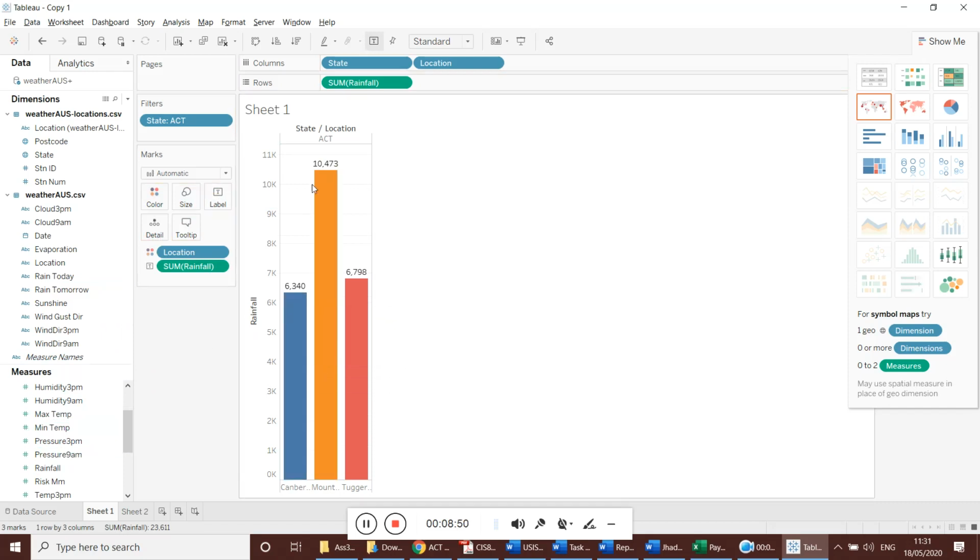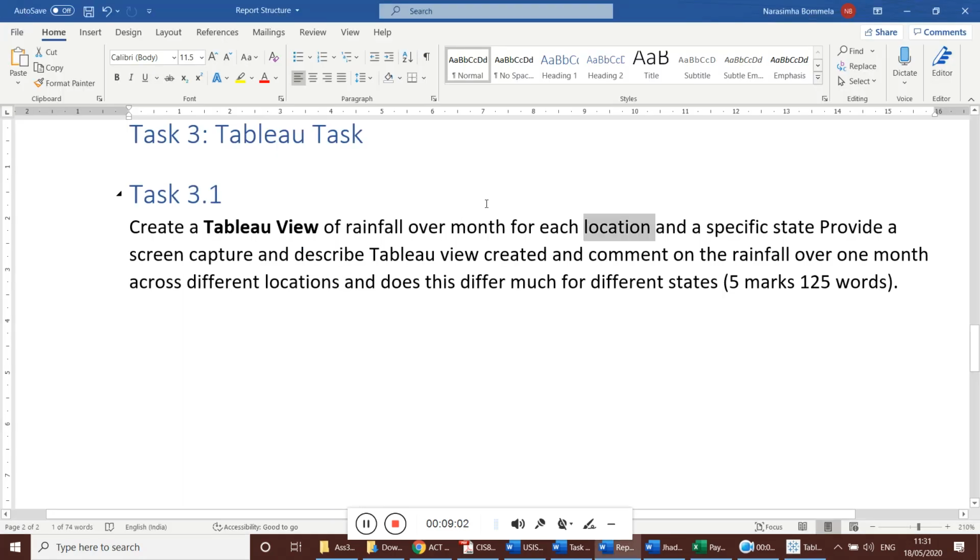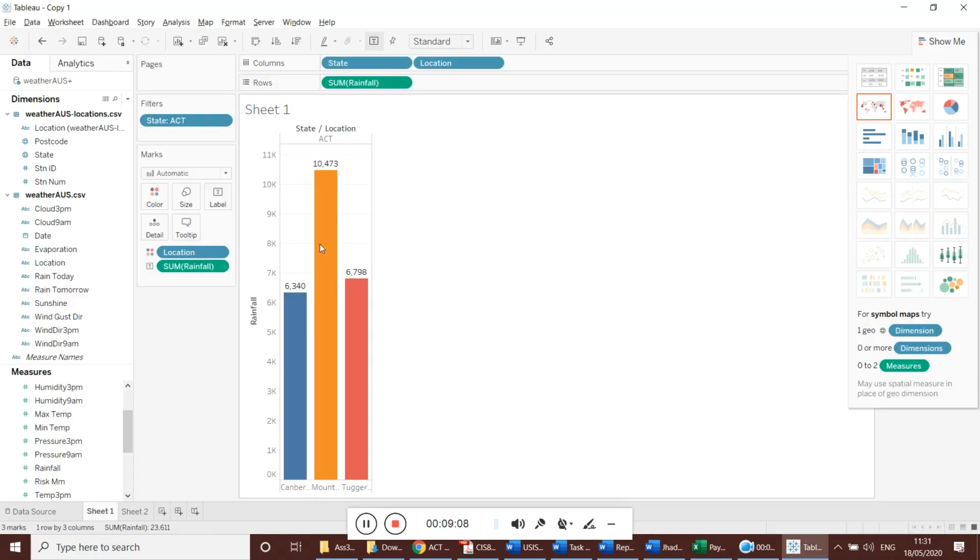You can see that here we got values of rainfall. This is the sum of rainfall, meaning total rainfall in this particular area. Is that the question that is asked? Rainfall over a month for each location means it's a total rainfall. So I took it as a total rainfall.